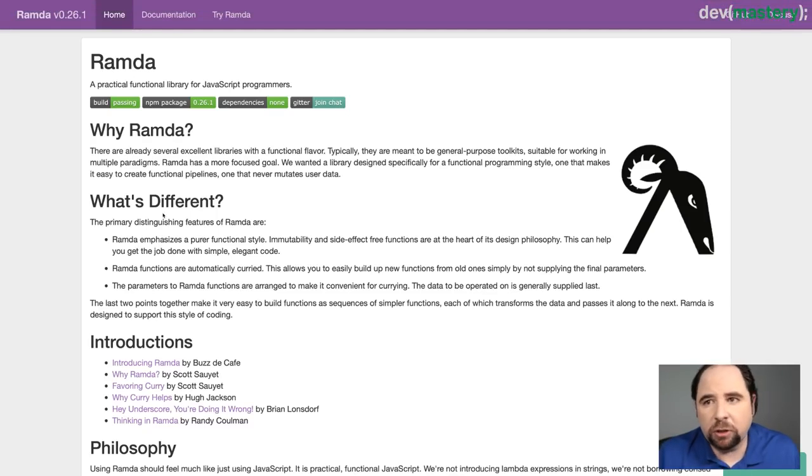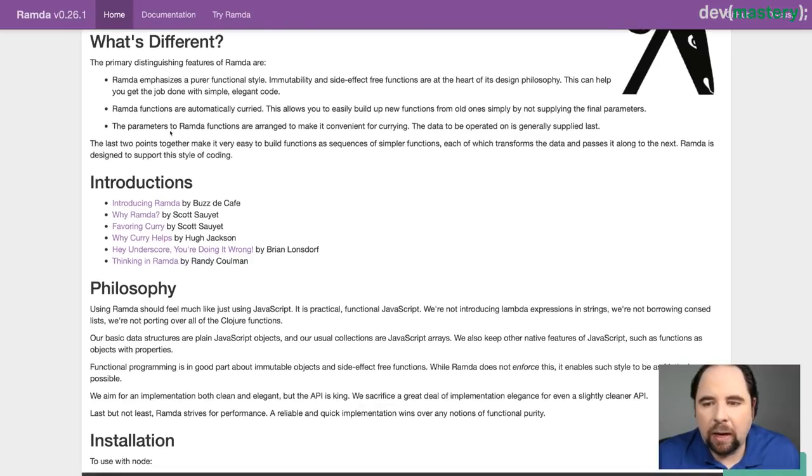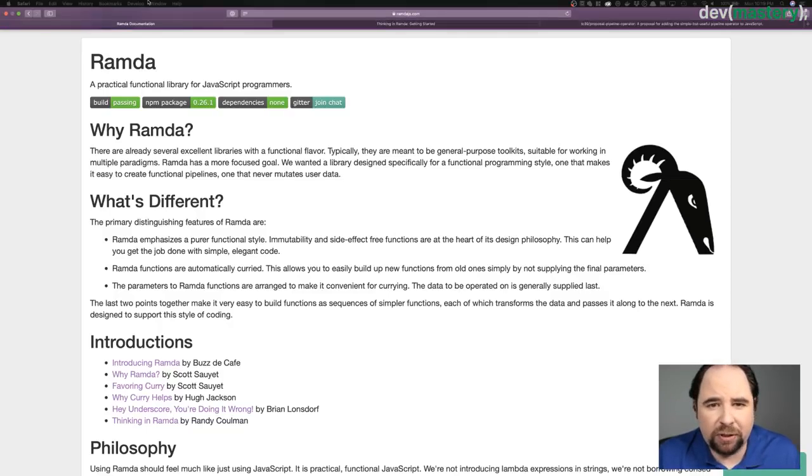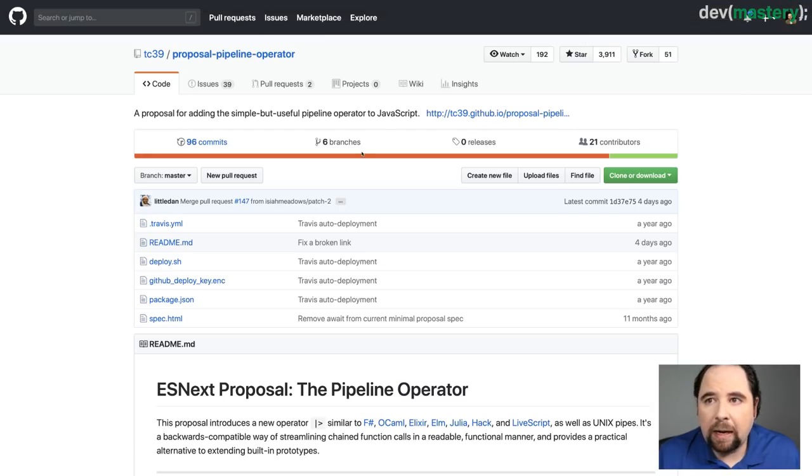And then, of course, you can just search for Ramda.js, and you'll come upon all these websites as well. So this is their official homepage for the Ramda library. And again, it's just a library of utility functions in JavaScript, but they are super useful. And then the last thing that I'll tell you about, and then I'll go and look at some questions, is